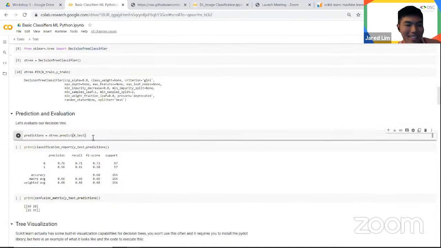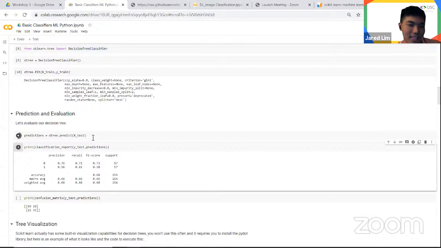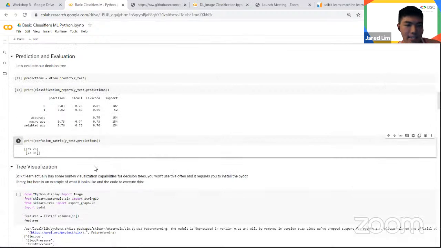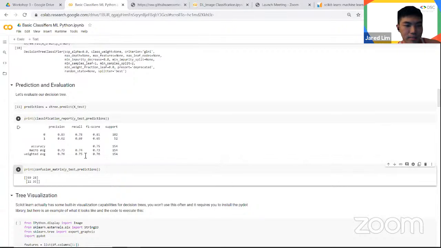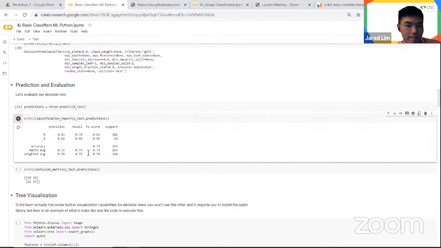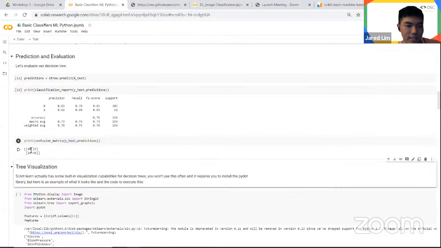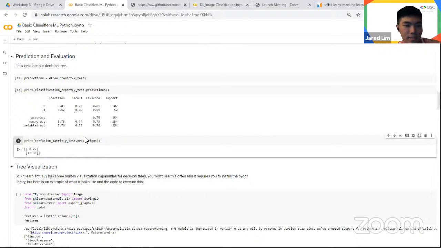And then you just have to run a .predict function, and then you print your classification report, and then you'll get your accuracy, which is 74, and then you print your confusion matrix, which is 80, 22, 16, and 36. So this confusion matrix